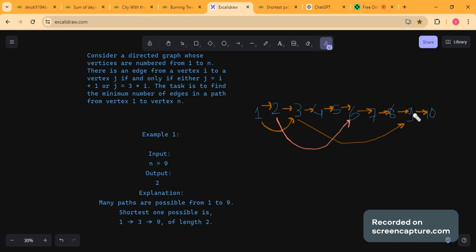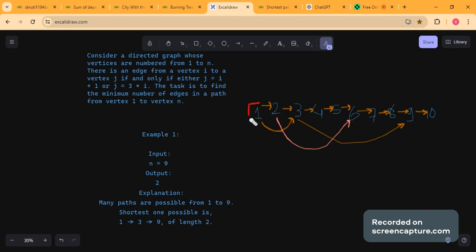We can see that 9 is divisible by 3, so it is better that we divide it by 3, then we will cover the maximum distance here. Are you getting the hint? Suppose n was 10, then we would check whether it is divisible by 3. If it's not, I will subtract 1 and get 9, which is divisible by 3. So I will divide it by 3 and reach 3. Is 3 divisible by 3? Yes, so I will again divide, and then we will reach 1.